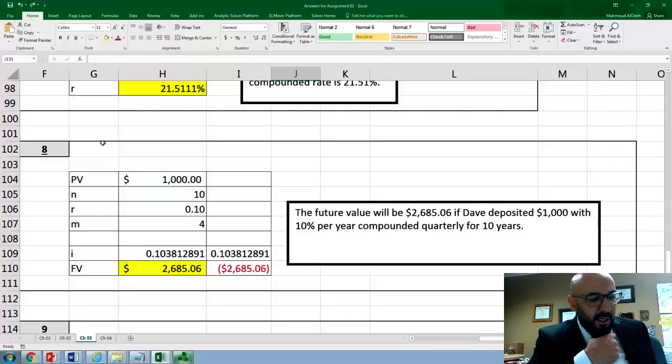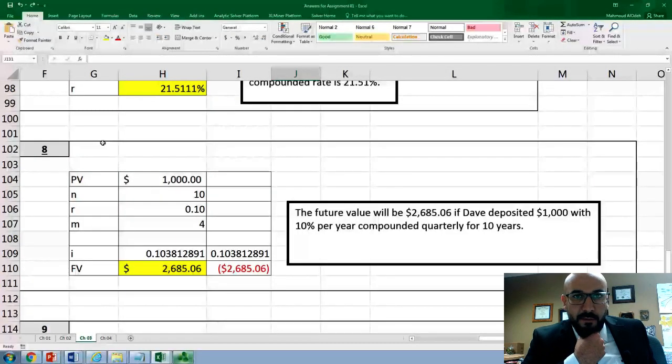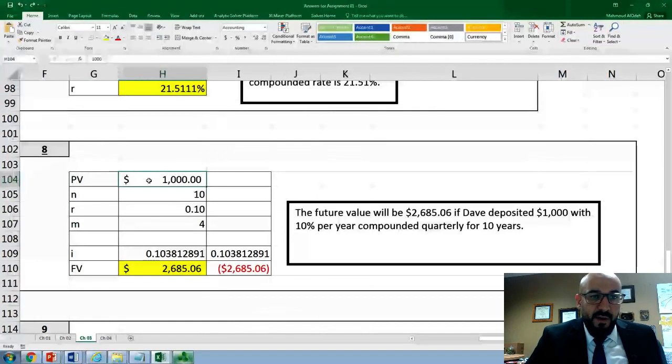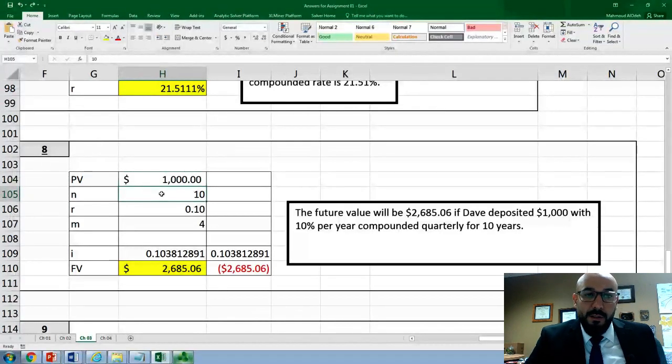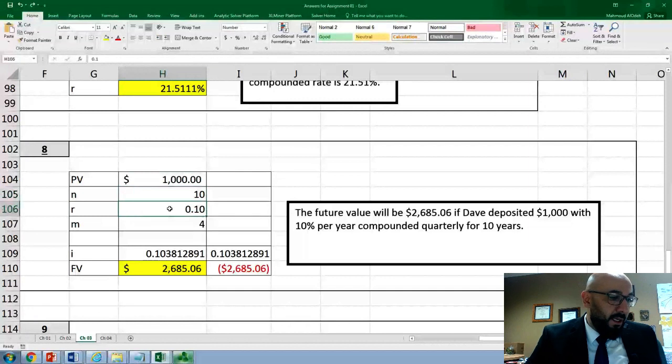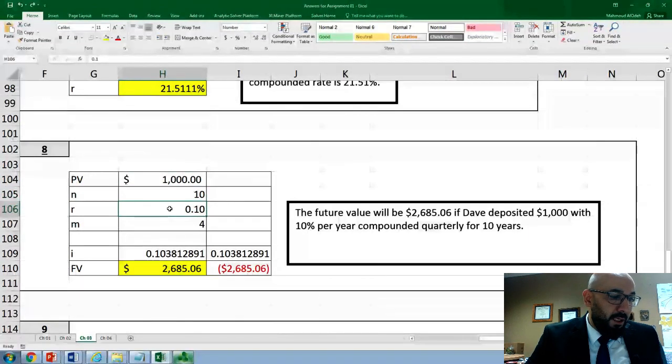$1,000 in a savings account at an interest rate of 10% per year, compounded quarterly for 10 years. Determine the future worth of the deposit. So we have the present value as $1,000, n is equal to 10 years, and the interest rate is 10% per year,